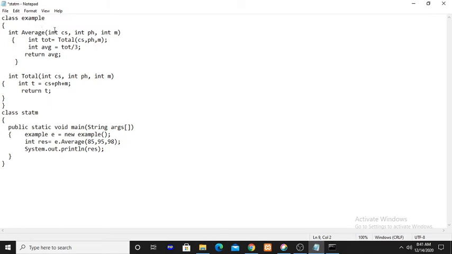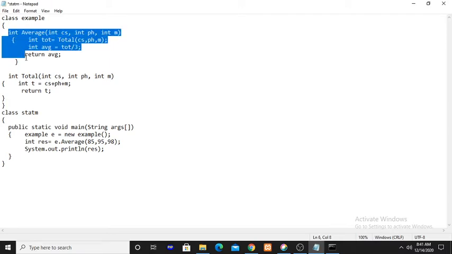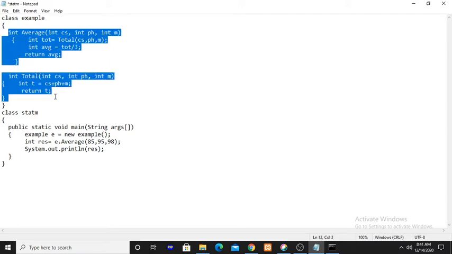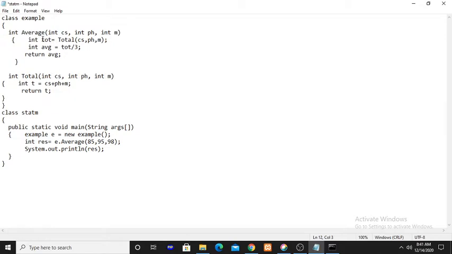So this is the program. Here Example is the class. This class contains two methods, average and total. Both the methods are non-static methods. The name of the main class is Statium. In the main method, an object is created for the above class, and through the object, the method average is called.